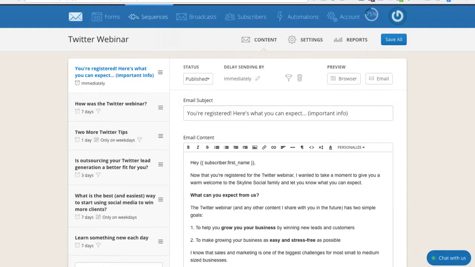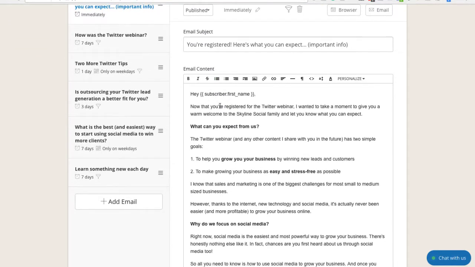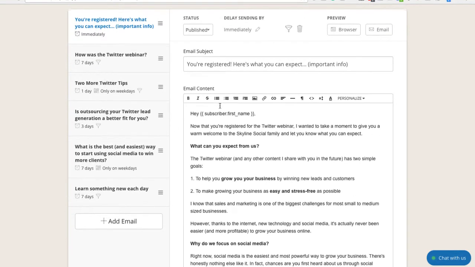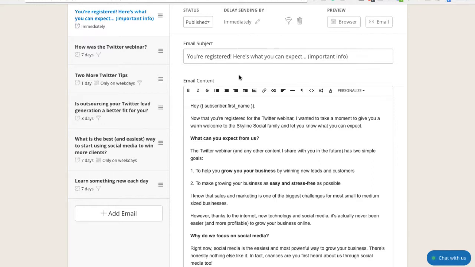So the first thing that you want to do is whenever someone registers as a lead, you need to basically indoctrinate them. You need to let them know what they can expect. This is such an important first email, and a lot of people miss this step out. The reason is that as soon as someone becomes a lead, this is the point where they're most excited about opening your email and hearing what you have to say. So if they become a lead through a webinar or a guide that they download, or anything else,